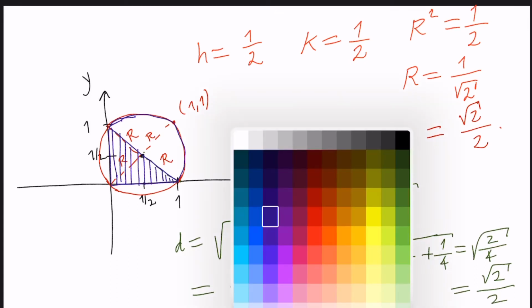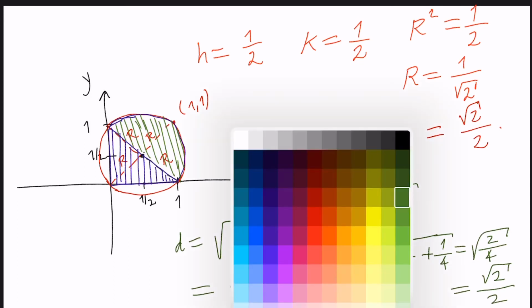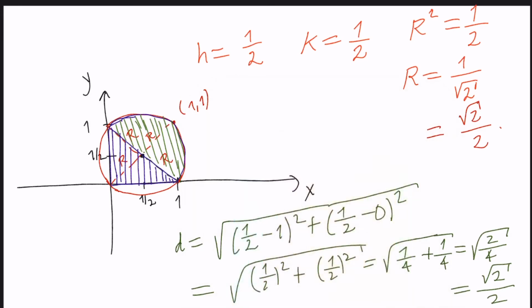And then for the half part of the circle, I will use green, and the triangle, of course, you can see in purple. Okay, and also we have to remember something. What do we require to remember? We require to remember that there is a symmetry property that allows us to draw this figure